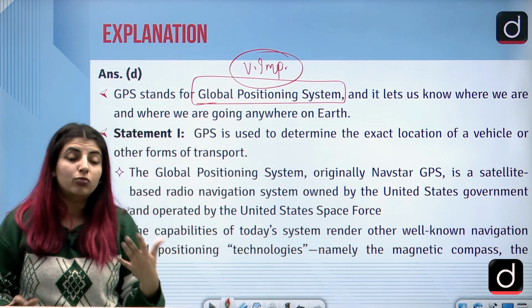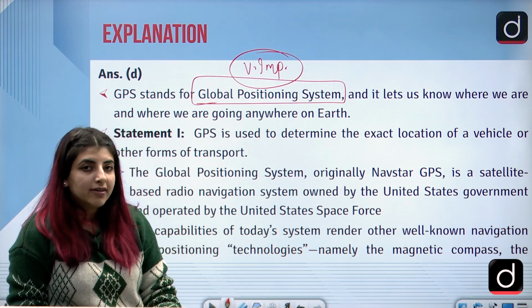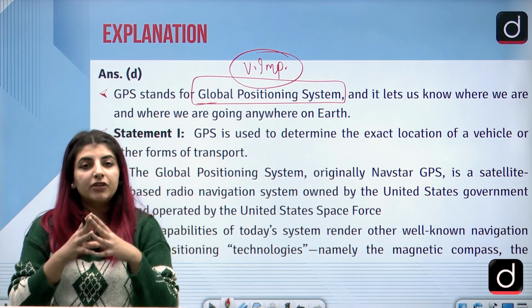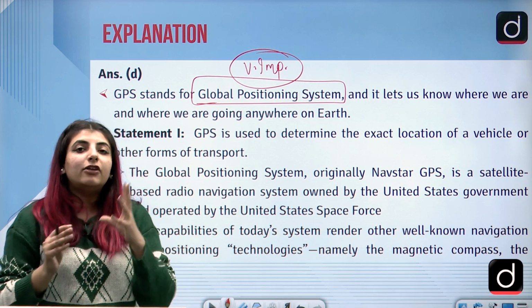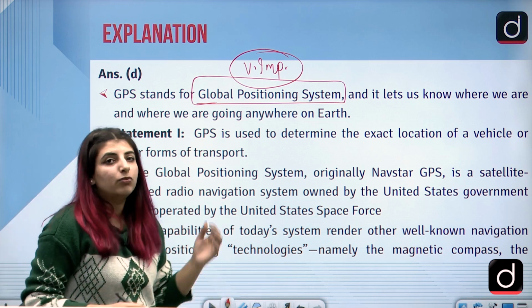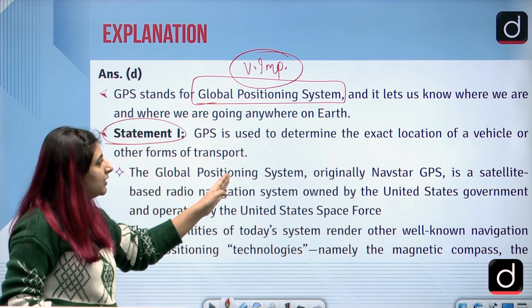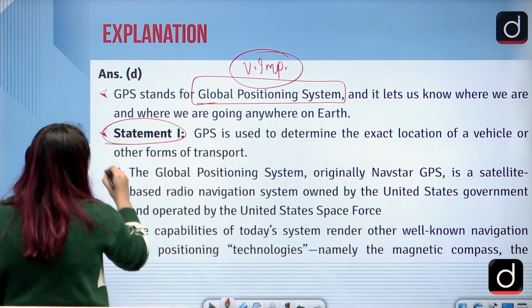So basically you must know about GPS systems, right? We have them even in our Ubers, on the Olas, and so on. They use the GPS systems to let the driver know where the passenger wants to go. So statement 1, GPS is used to determine the exact location of a vehicle or other forms of